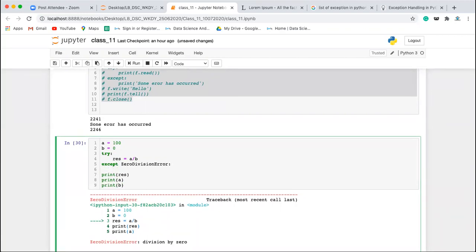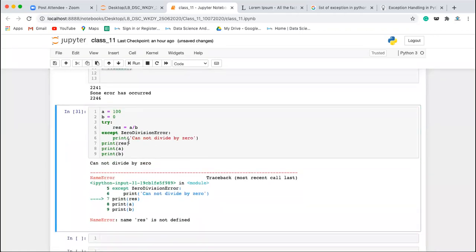Now after that, I'll write here print cannot divide by 0. If I run this,